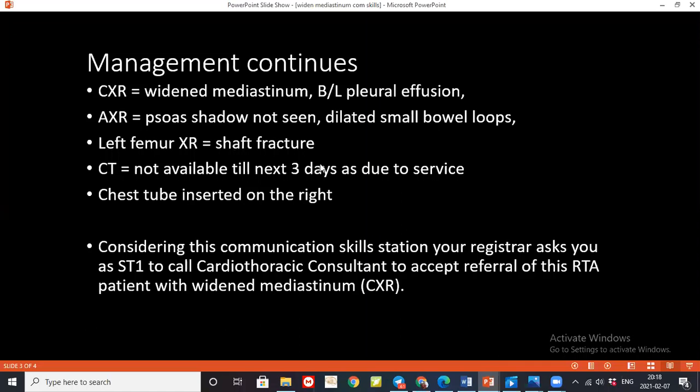Okay. Then again, what do you think is happening with the chest X-ray? What do you think is causing the widening of the mediastinum? I think with the chest X-ray showing wide mediastinum, maybe aortic dissection or aortic aneurysm, and pneumothorax or hemothorax.